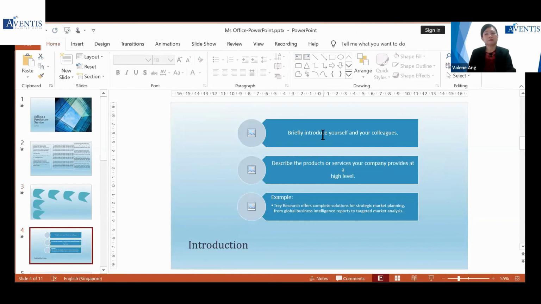SmartArt is a great tool to insert graphics into your presentations. But do you know you can convert a list to SmartArt and ungroup the SmartArt to break all the components out into separate items? So to convert a list to SmartArt,